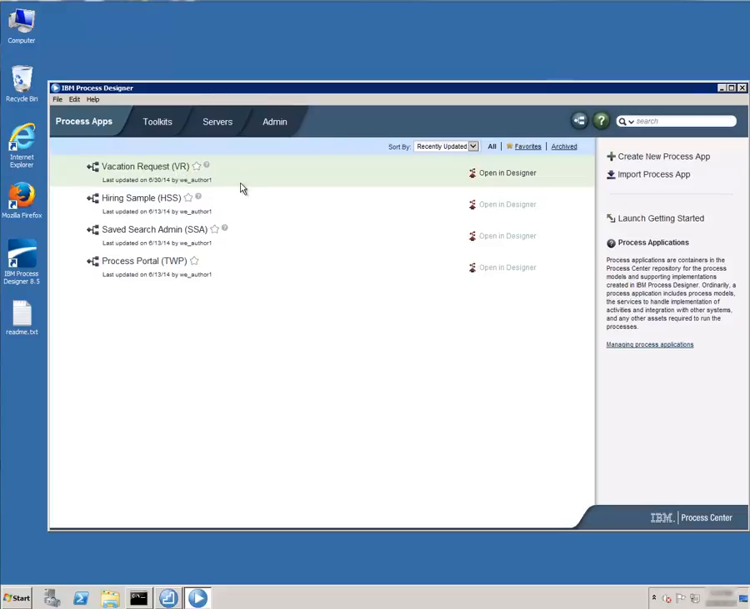Again, a process application is just a collection or repository of all of the artifacts that relate to one particular process. We will create a business process diagram or a business process definition, also called a BPD, inside of our process application. Before we open the vacation request we created, let's look at the default process application that is already